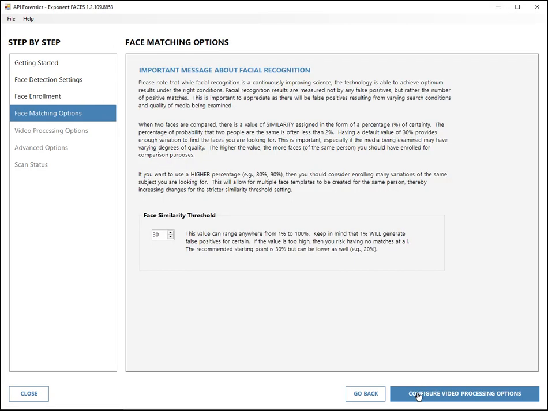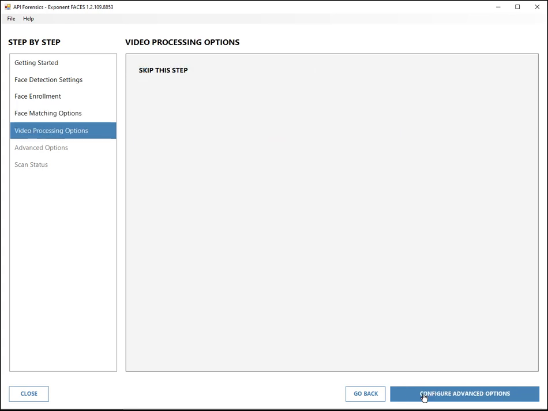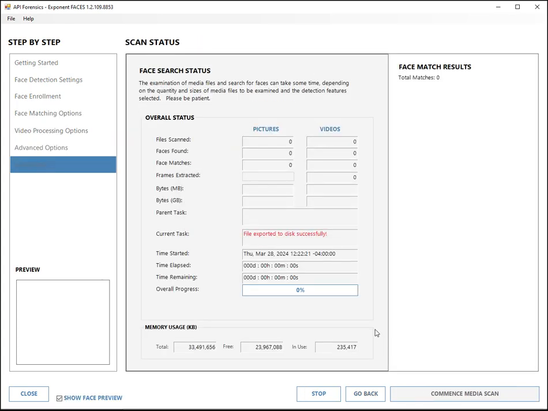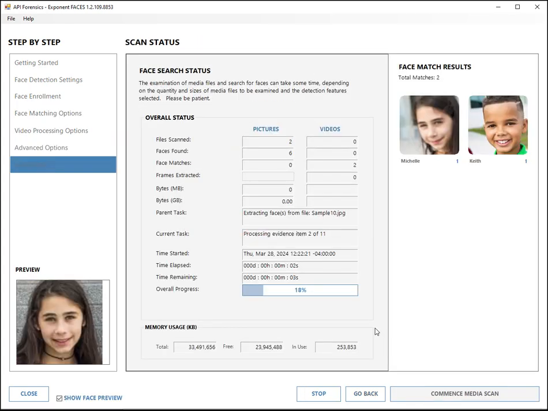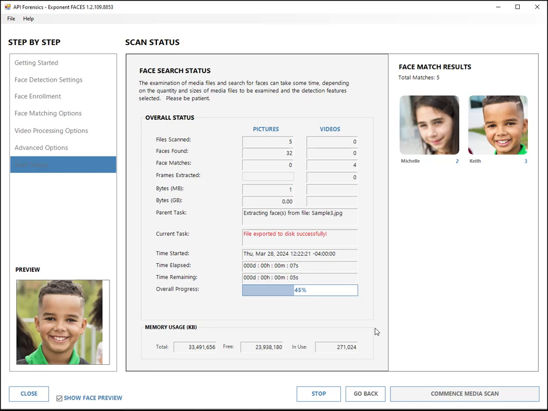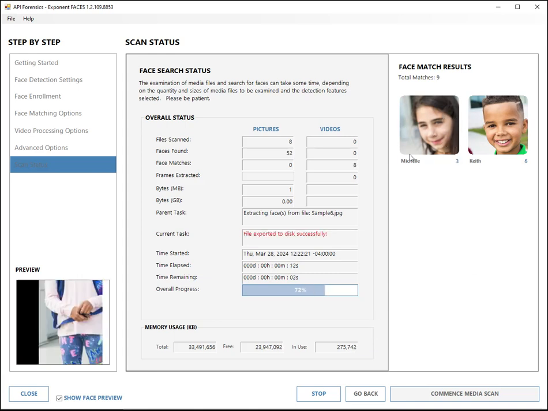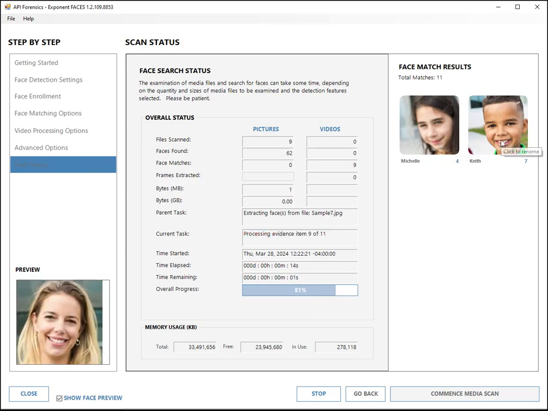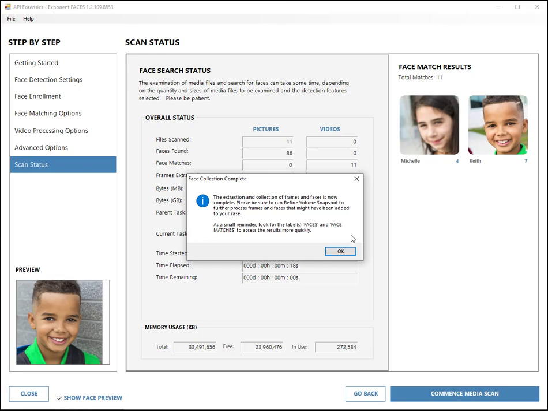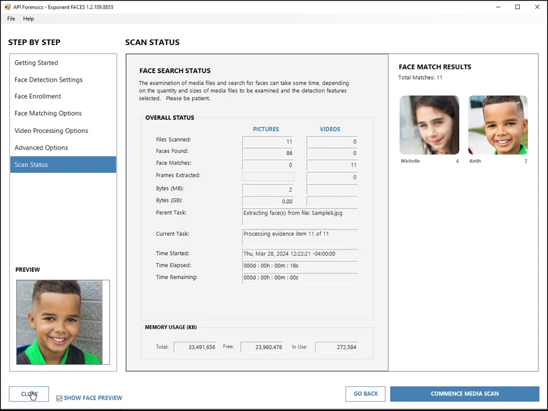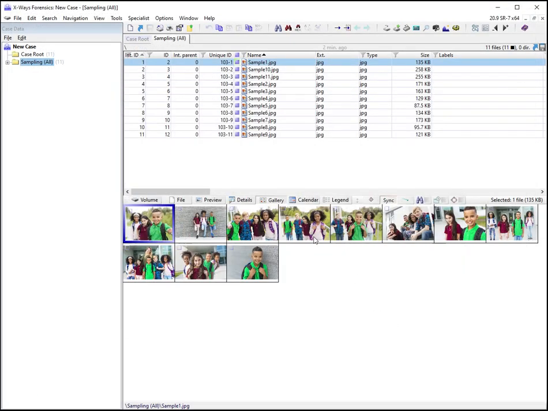And so I'm going to move forward here, and let's go ahead and search for faces, and we'll wait this out. It'll only take a few seconds to go through all the files. So what we're going to do is look for those two faces, and you can see right away we have some results. Top right corner, we have 3 hits on Michelle, we have 7 hits on Keith. So once it's done, we can click OK, and we can click Close, and now we're back to our main